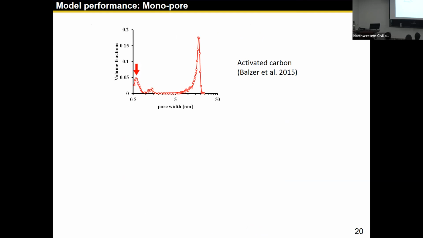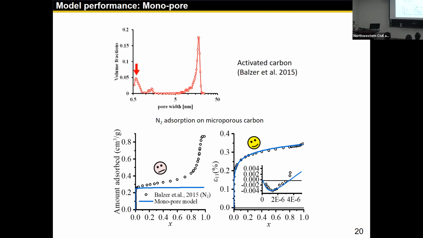We use Bowser's data. Right now, the model can only take one pore size in it. So we pinned it on the nanopore size range here. We didn't put it here. And then we run a prediction. You can see the strain isotherm is now perfectly captured, including the early shrinkage and also the later expansion. But the adsorption isotherm is now far off because it's quickly saturated and flat, as opposed to the experimental data. So we thought it has something to do with the neglect of the larger pores.